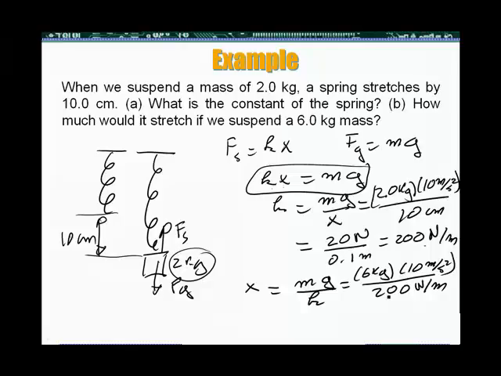Now this is 6 times 10, 60. 60 over 200. So that would be 0.3, I believe. Yeah, 0.3